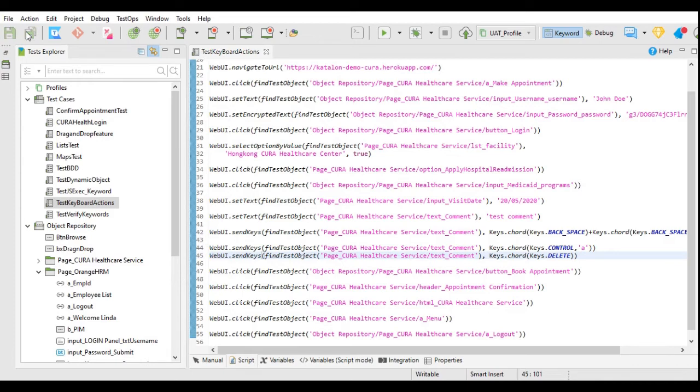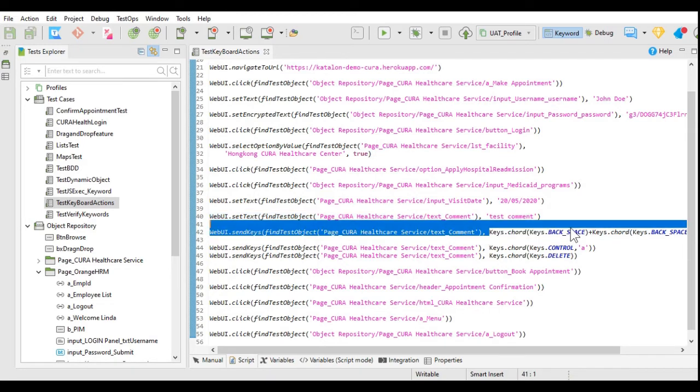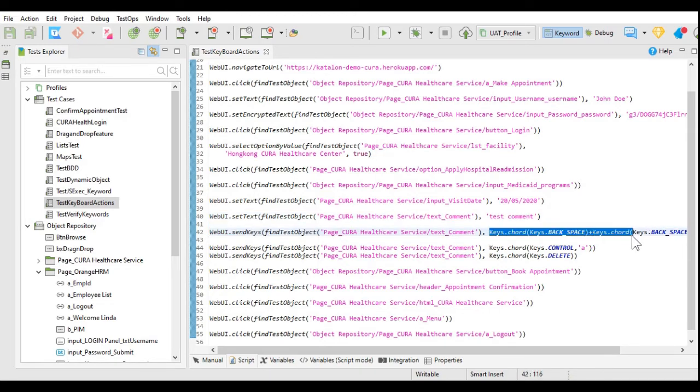So these are the actions that we have added. What these actions will do: we will enter the text in the text box, that is test comment. Then we will use the backspace key of the keyboard, which will remove the T and N characters from this comment. Then we have used control A, so it will select the remaining text, and then we have used the delete button, which will delete the complete comment from the comment box. Let's execute this.